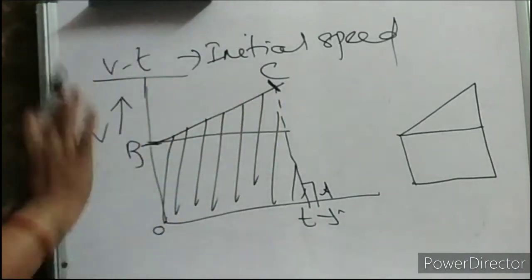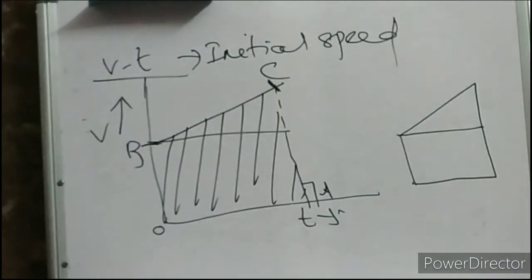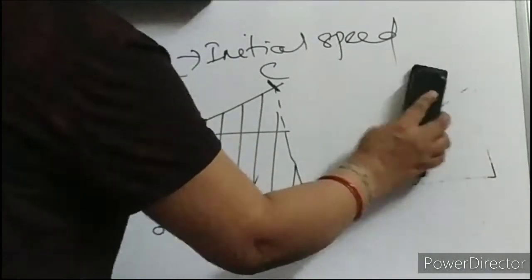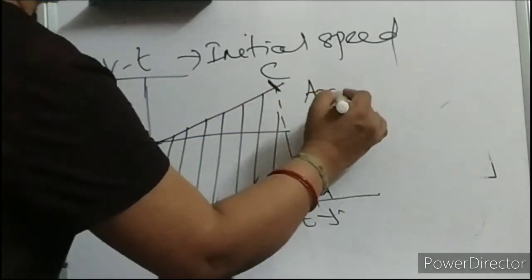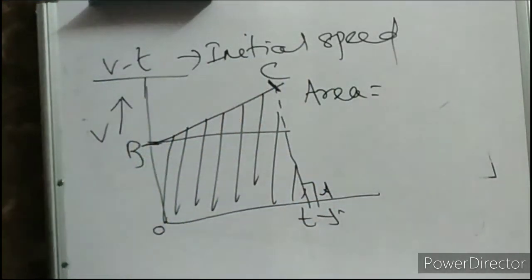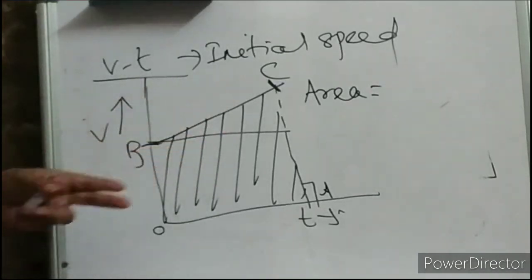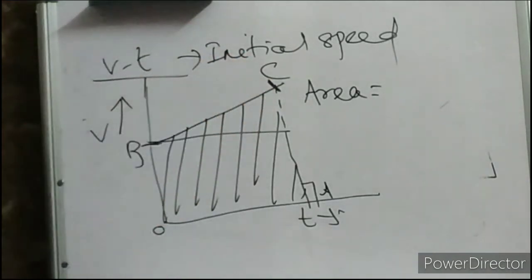Okay. You know all these values. But why to go like this? Easy. You know the area of trapezium formula. Tell me what is the area of trapezium formula. Area of trapezium is nothing but I am calculating the distance covered by this curve, by the moving body. That means the area under this graph.